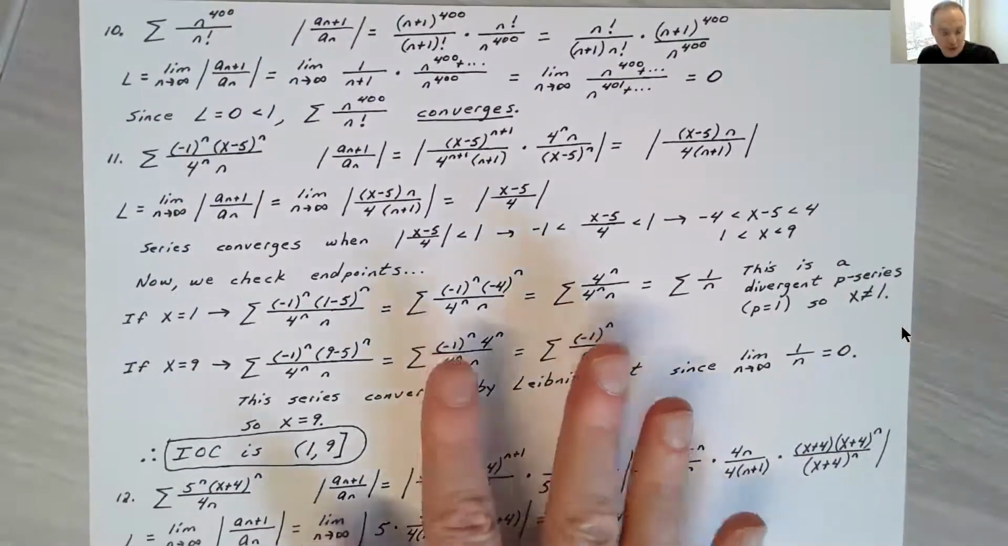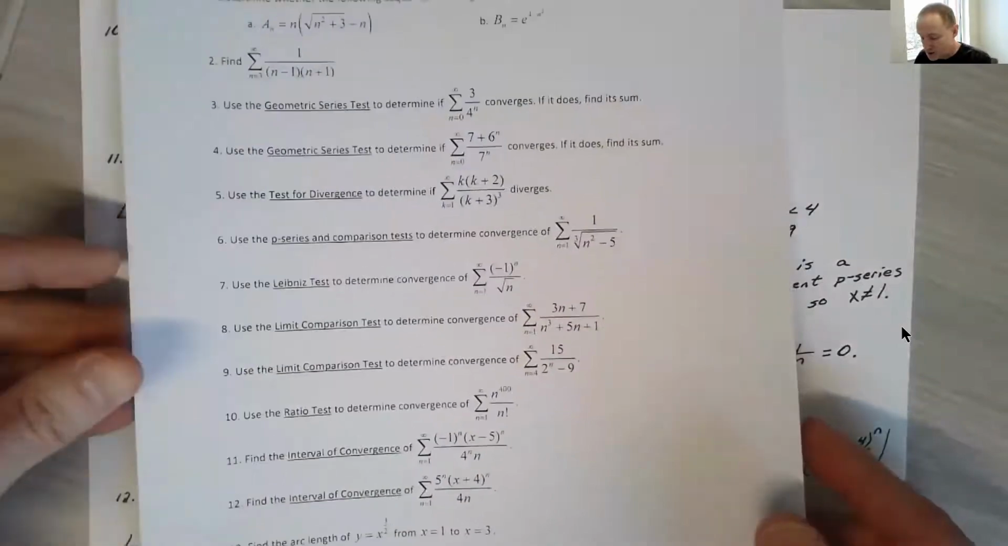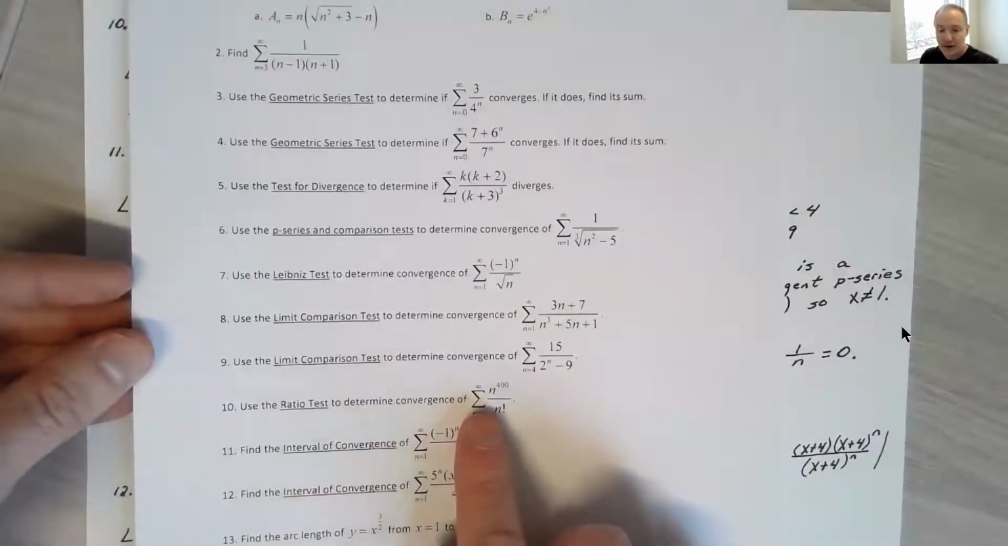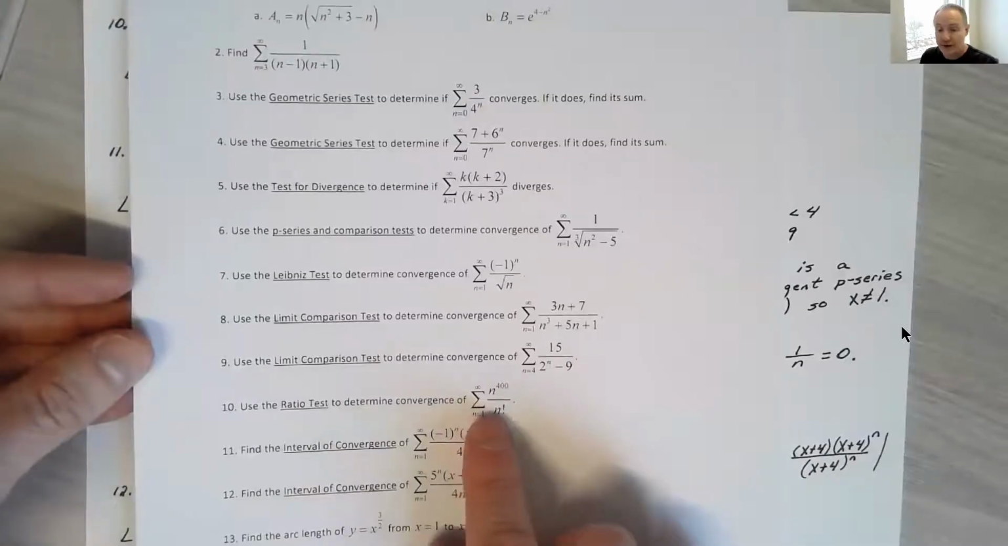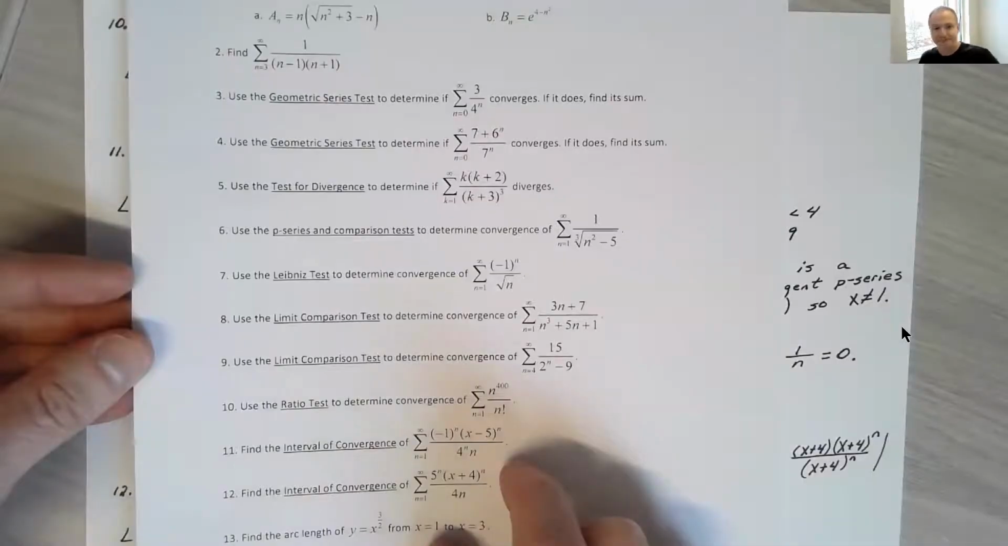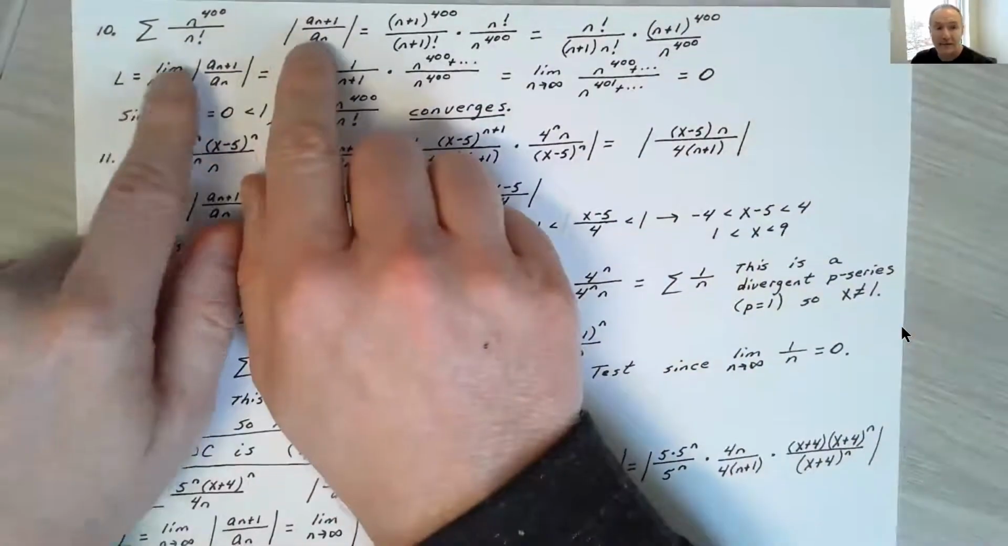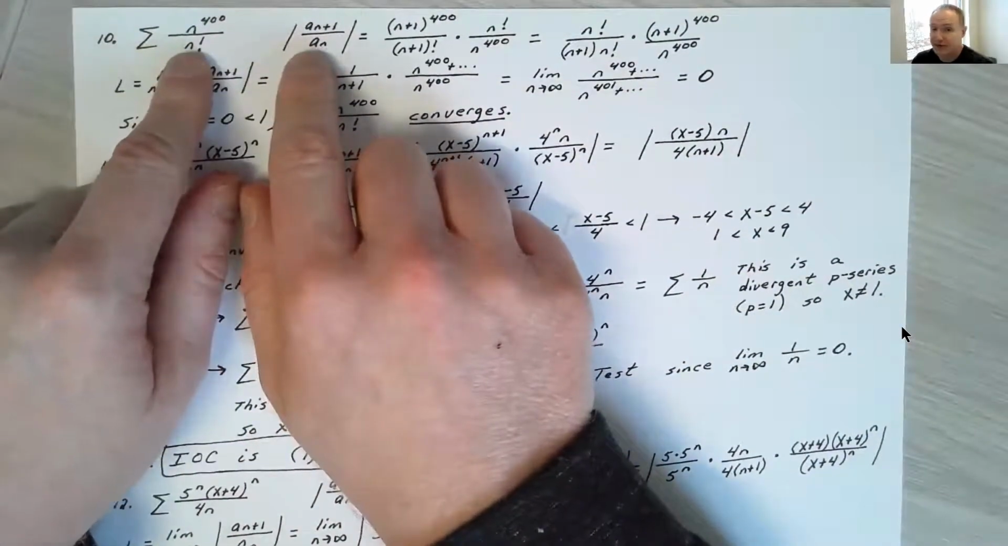Ooh, beautiful. We're using the ratio test to determine the convergence of the sum from 1 to infinity of n to the 400th power divided by n factorial. All right. So now, if I think about this problem, I can say anytime I'm doing the ratio test, I'm